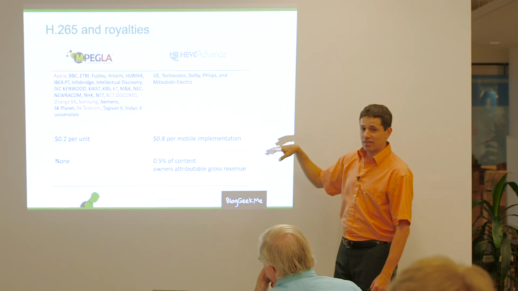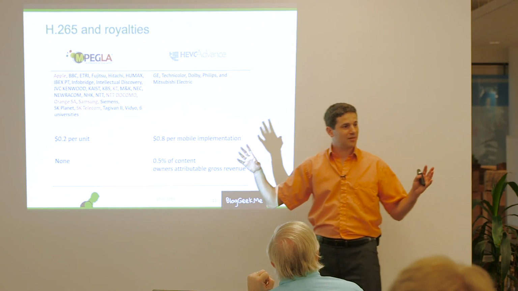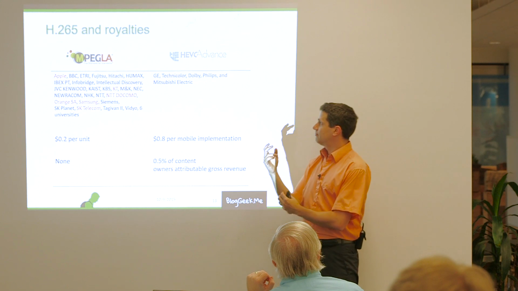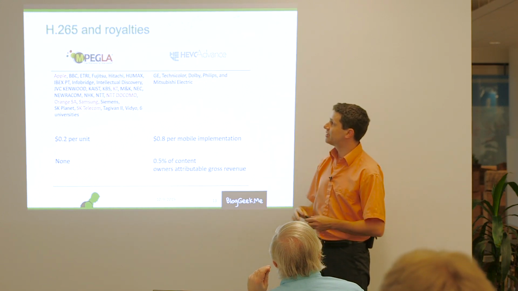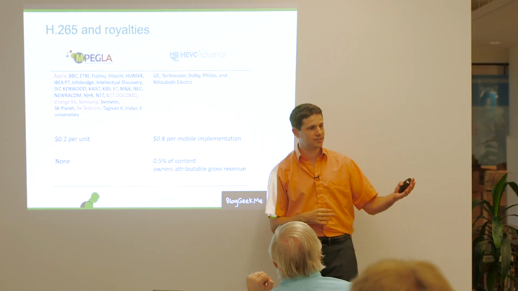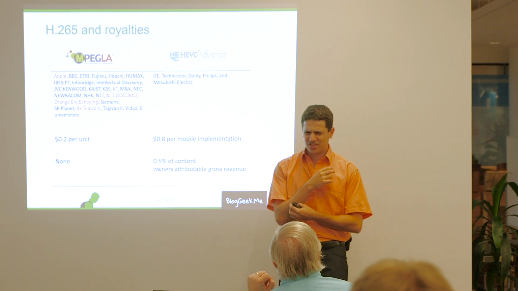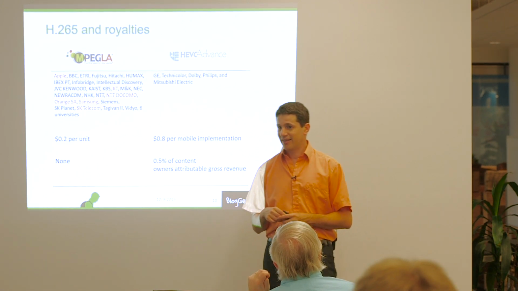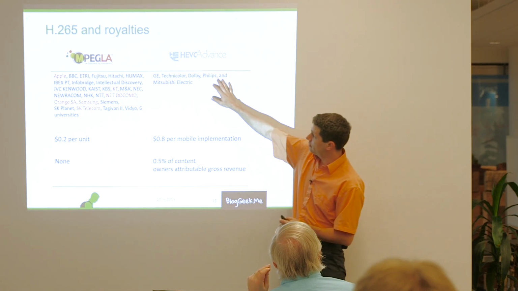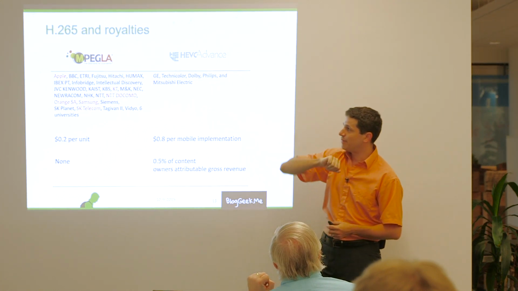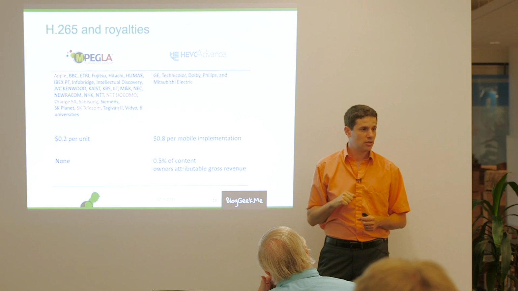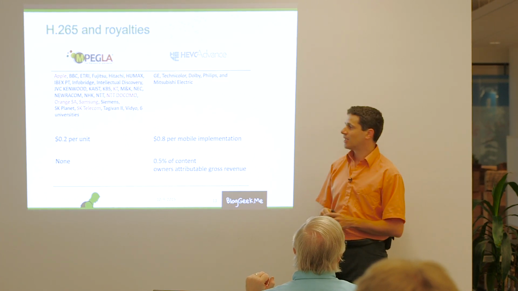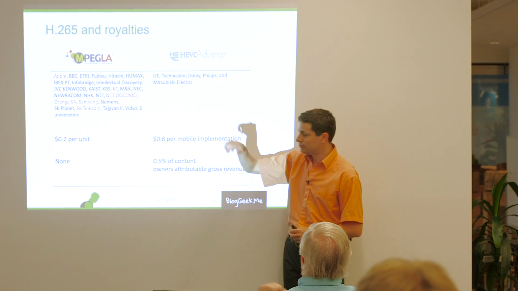And then a month ago, a new group comes along. A new alliance of companies which calls itself HEVC Advanced. HEVC is the high efficiency video codec. It's the other name they give to H.265. And they say, well, we've got these guys, and we also have patents on H.265. And if you are going to use H.265, you need to pay us as well. And we're going to charge you, well,